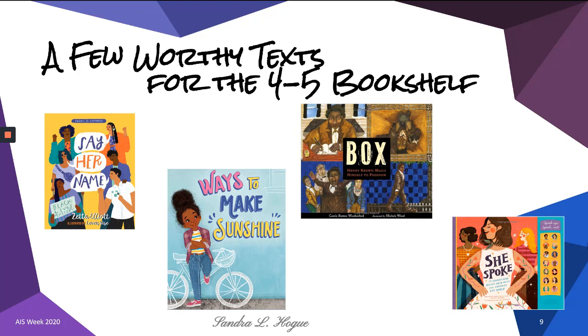This one feels more 4-5 to me because it is the story of Henry Box Brown told in poems. And each poem that moves along in the story is written in 6 lines. And that's done with intention by the author because a box has 6 sides. And so in these short pieces that tell the story in a timeline of Henry Box Brown's journey,